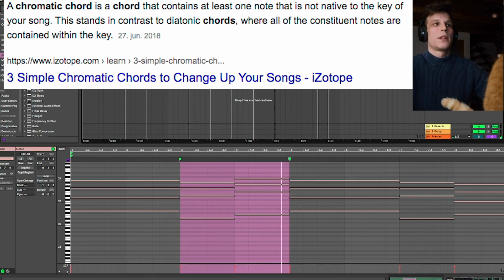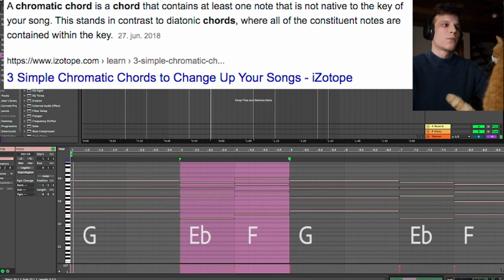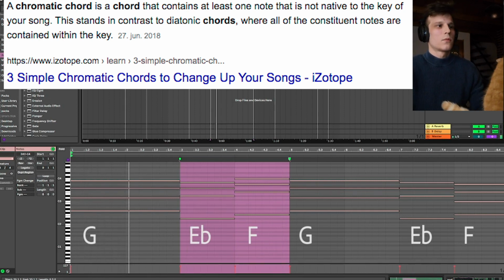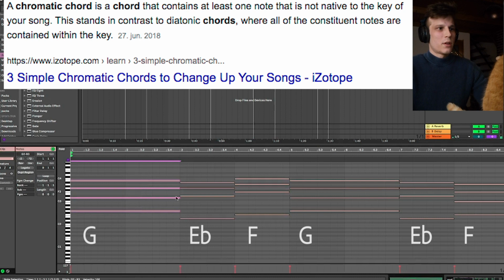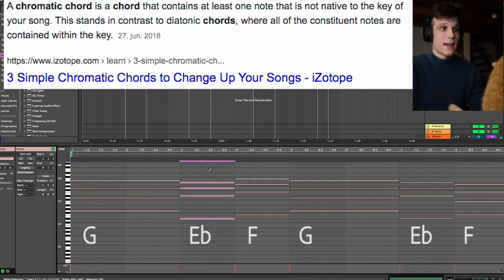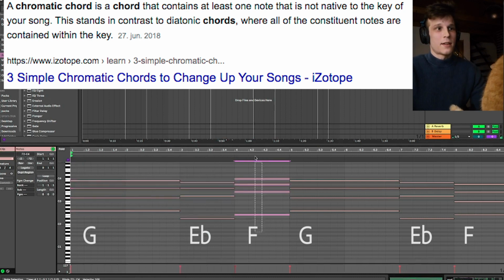Let's just listen to it with the song. So yeah, we have a G major chord, and then we have an E flat major and an F major,